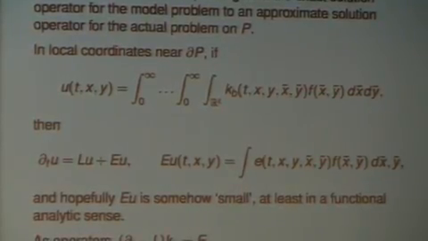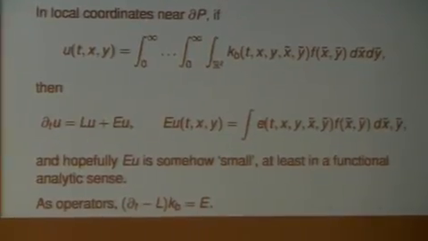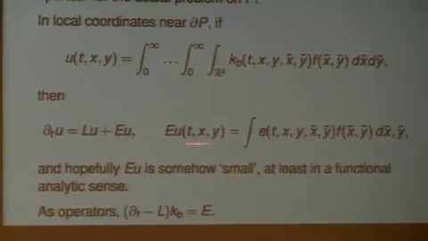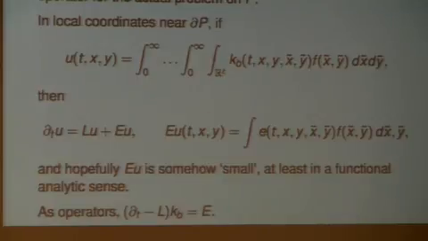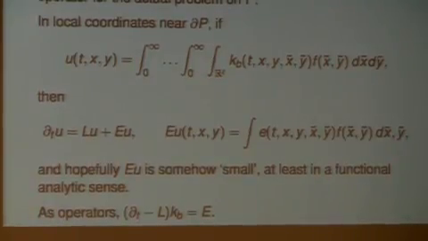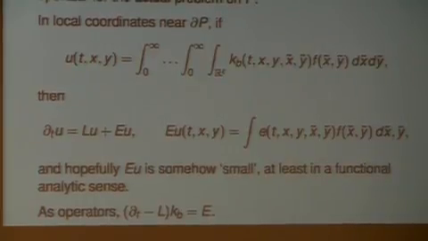This is sort of the usual yoga in any analytic construction like this: you have an error term and you want to show that it's morally small. Now, moral has two meanings. Ideally it would be a compact operator, which is also small in norm. Failing that, it could either be a compact operator or it could be a small norm operator. Notice that both of those senses have meaning only relative to a given function space. So I have to think, when I'm acting on a given function space, when is this thing small?